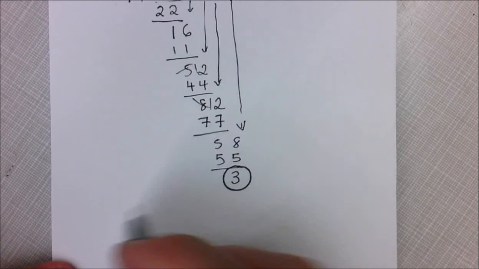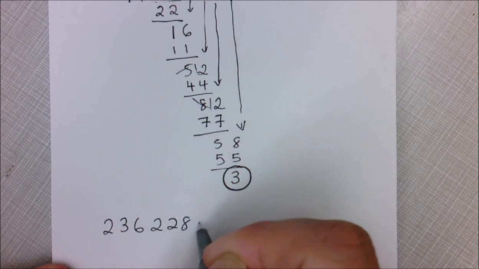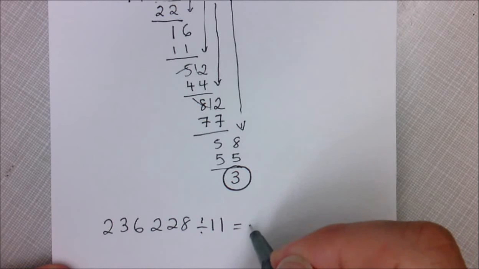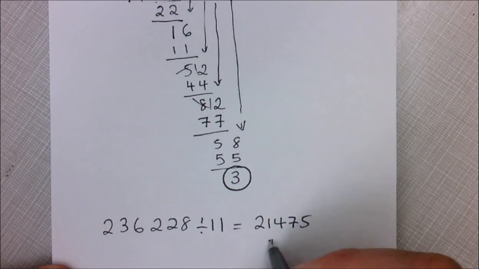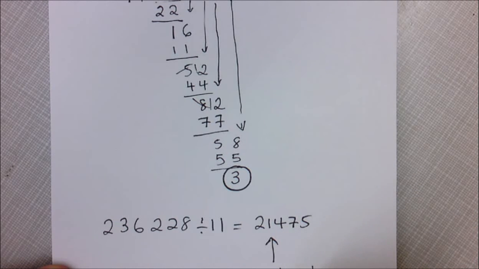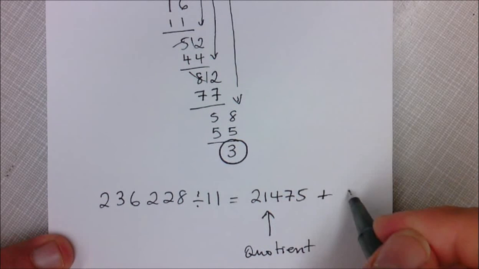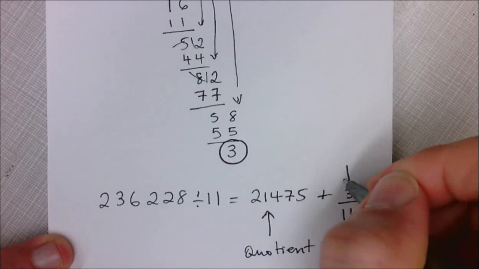So what we can write here is 236,228 divided by 11 is equal to 21,475. This is what's called our quotient. Okay, plus an extra 3/11. Whoops, there we go, there's our quotient, plus an extra 3/11 left over. Okay, and the 3 here is called